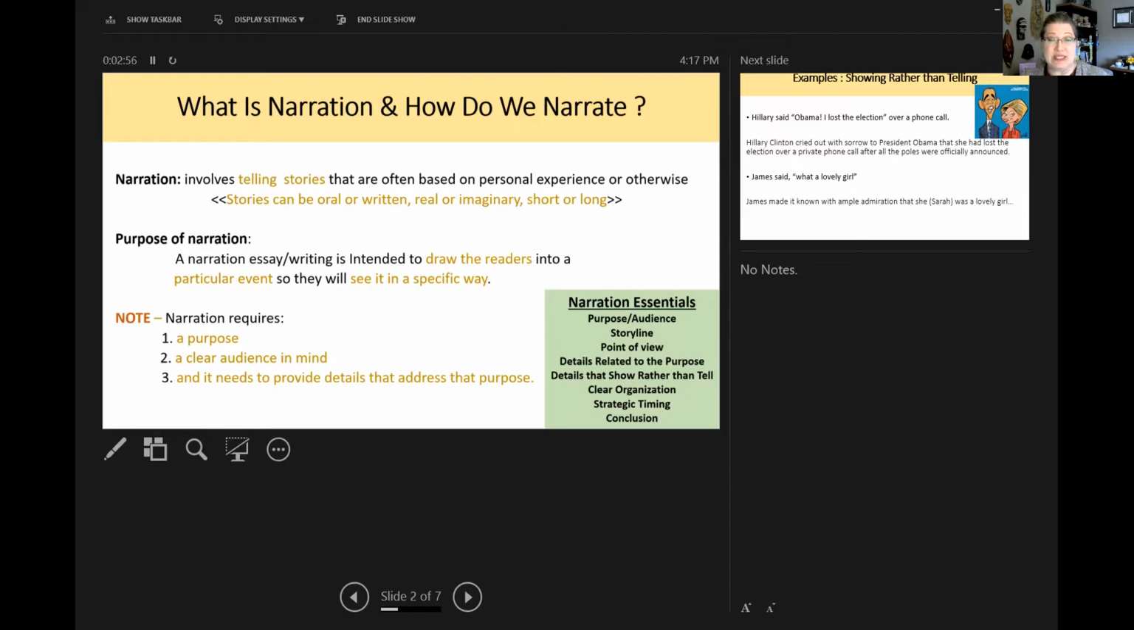If you're giving those details that show the story rather than just talk about it, your reader is going to become more engaged, and that's really what we want. We're going to see that when we read and analyze Frederick Douglass, you're going to really get into his story because of the effective language that he uses. So you're going to see a lot of the description there. And all of that leads to that clear organization, the strategic timing of it. So that means that there's a clear purpose for every stage of the story, the beginning, the middle, and the